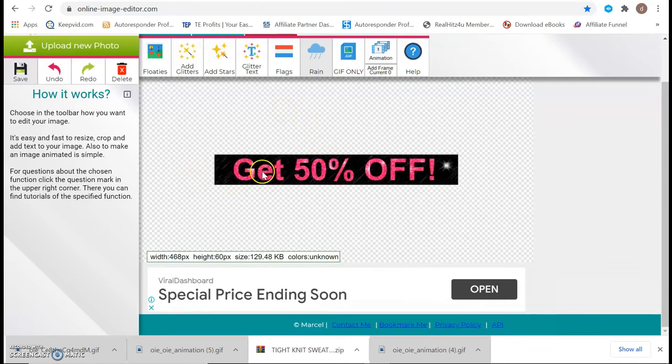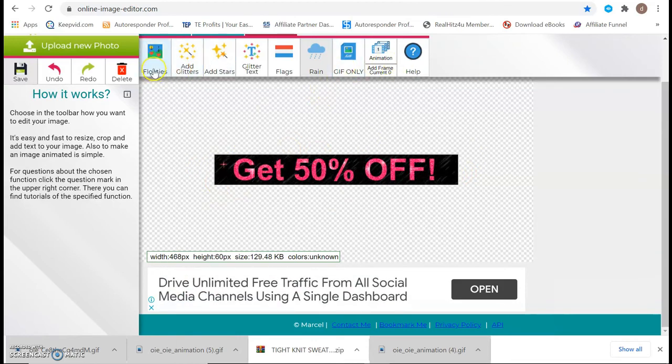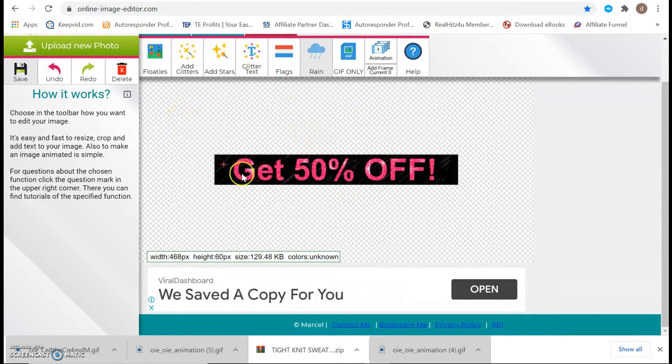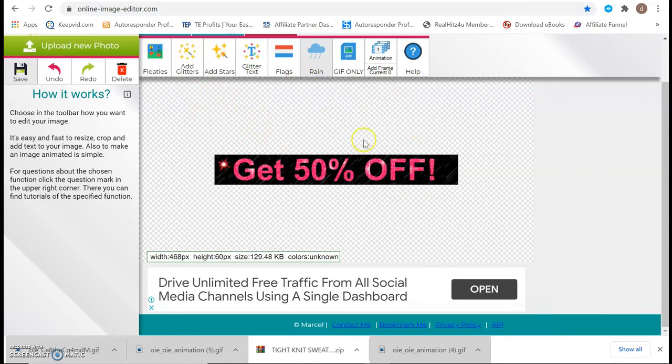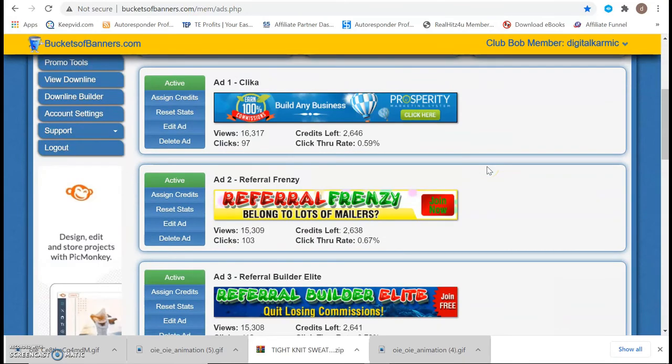Okay, so maybe it's not visible on this one, but it gives a rain effect. If I take that canvas as white, then it will start showing. So all I'm trying to tell you is that there are a couple of other options available here to create animation, wherein you don't want to change the text or blink the text, but you can do the same thing here as well. So all in all, I think we have covered some simple banners here.